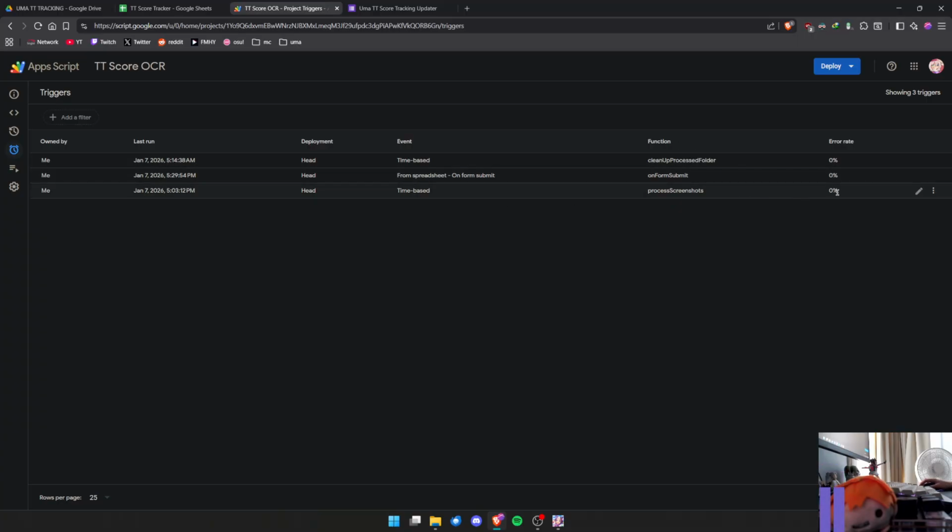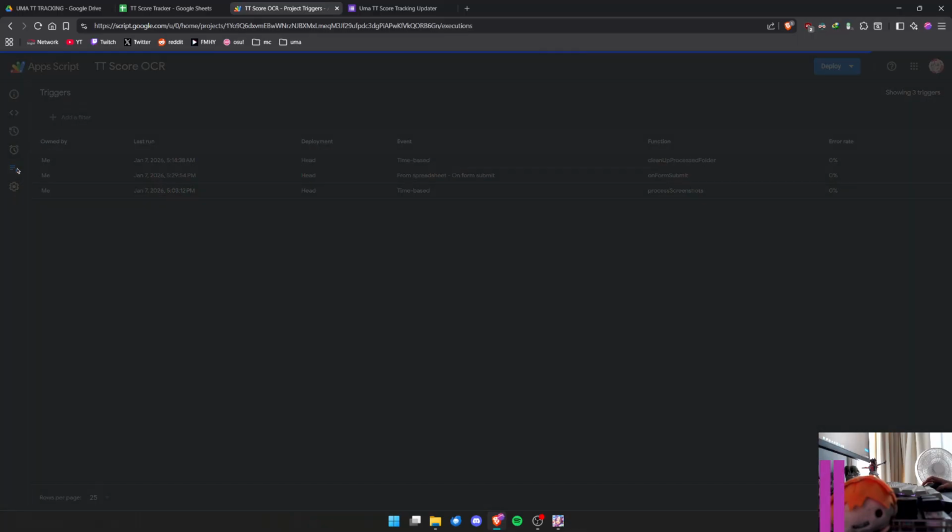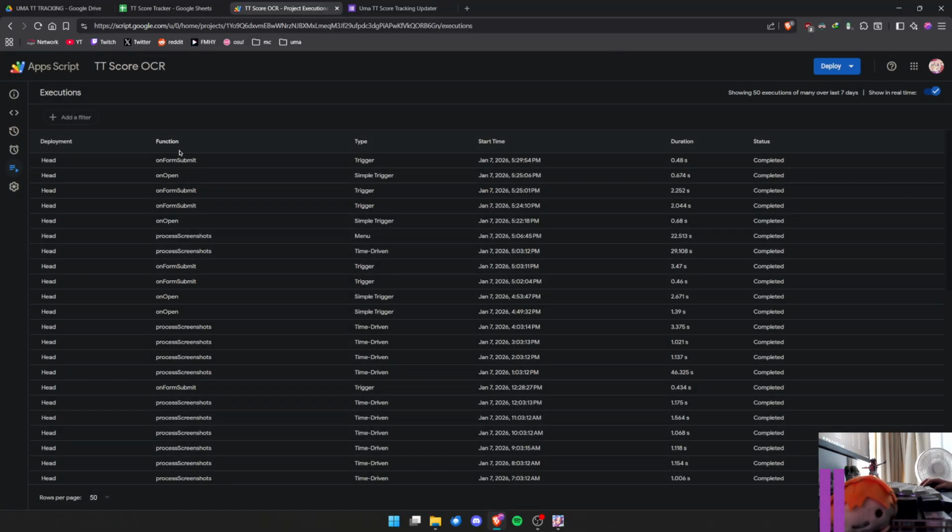This time-based one last triggered about half an hour ago. You could wait for half an hour. But what if I want the results right now? I want the screenshots to be read by the OCR right now. I want it to update the sheet right now. There is a solution for that, and it's actually the other one, the function deployment, the execution that I ignored